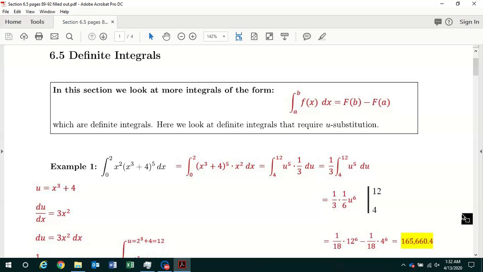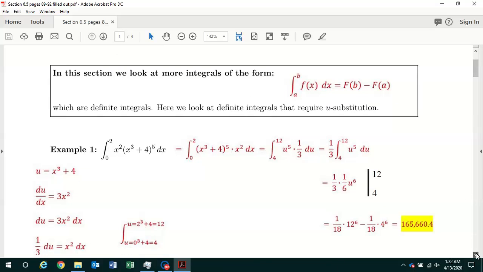Class, this is the first video from section 6.5 in your note packet on definite integrals. In this section, we are evaluating definite integrals using the U substitution method. So in example 1 down here,